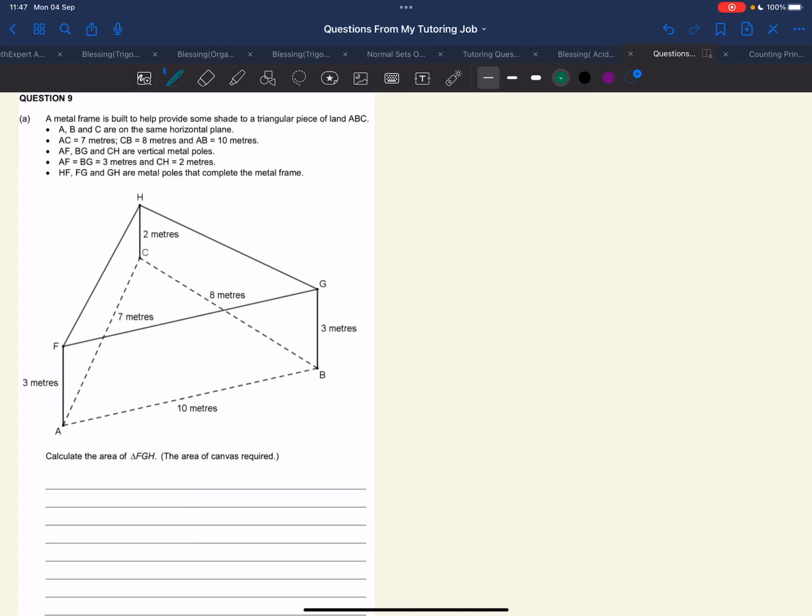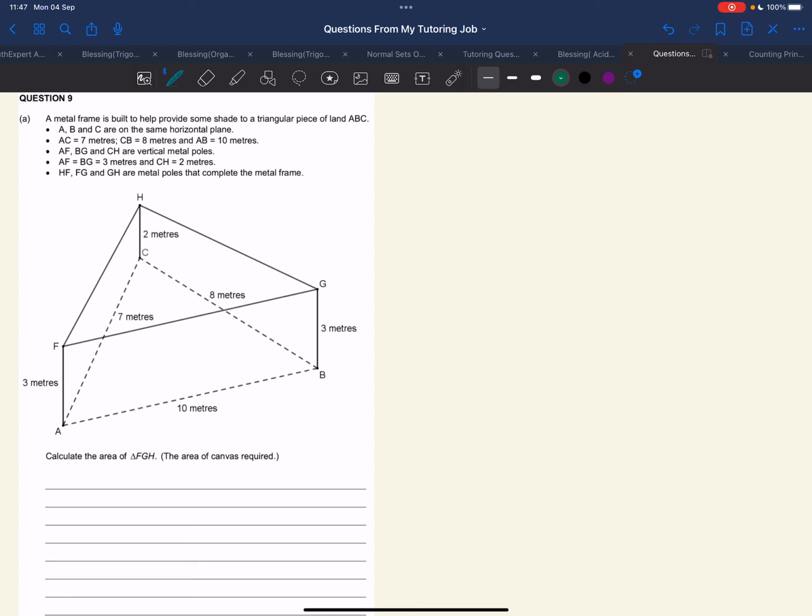Okay, right now in question 9, they say that a metal frame is built to help provide some shade to a triangular piece of land ABC. A, B, C are on the same horizontal plane. AC equals 7 meters, CB equals 8 meters, and AB equals 10 meters. AF, BG, and CH